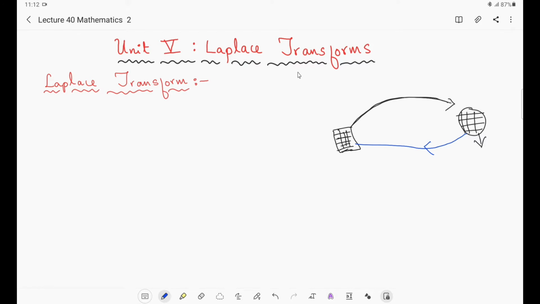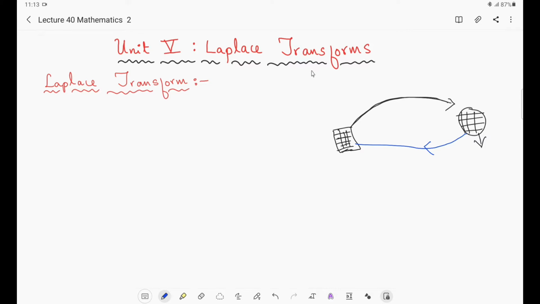We have seen various methods to solve differential equations, but there are a few differential equations for which classical methods are not available, right? For solving those types of equations we need special transformations called Laplace transformations. That is in your syllabus. At the end of this unit we will see how certain differential equations can be solved by using the Laplace transformation. That is called the application of Laplace transform to solve ordinary differential equations. That is in your syllabus, and that question is very, very important.